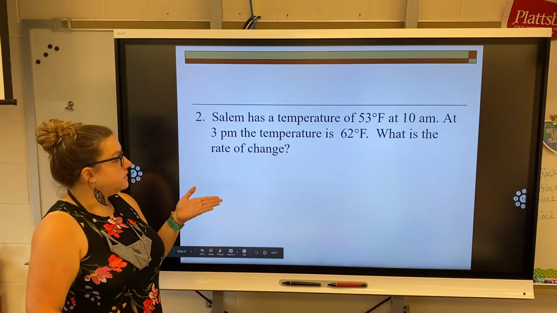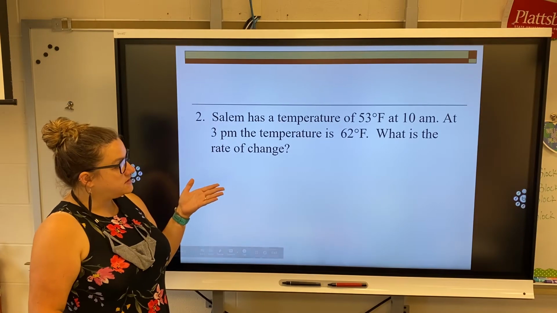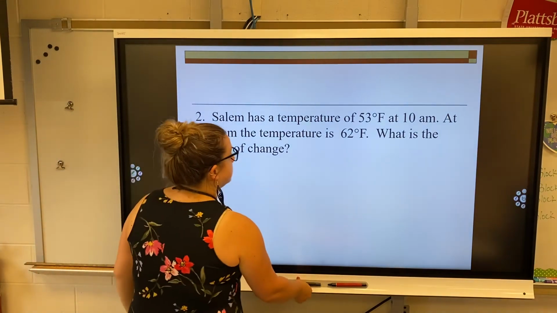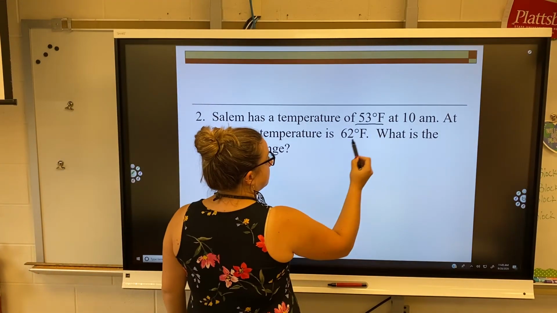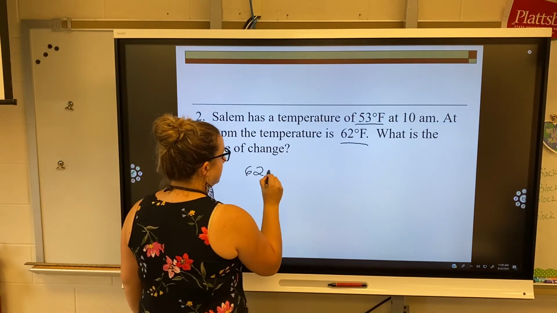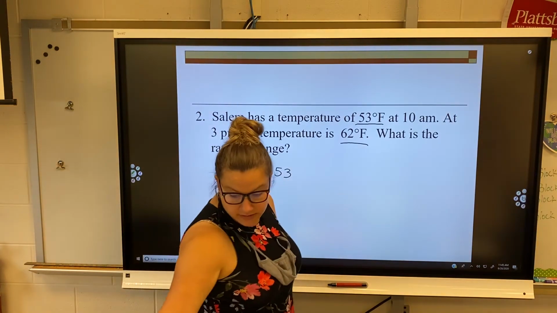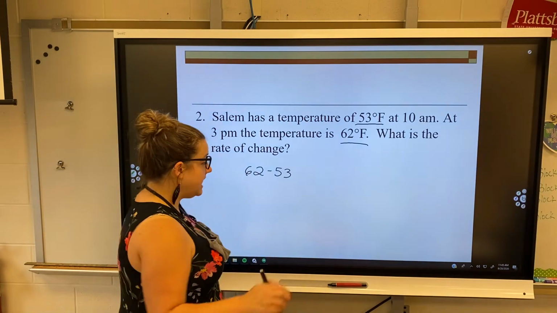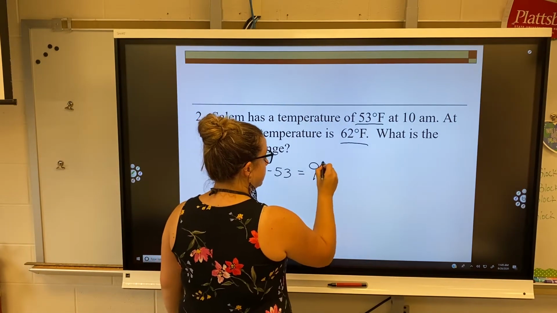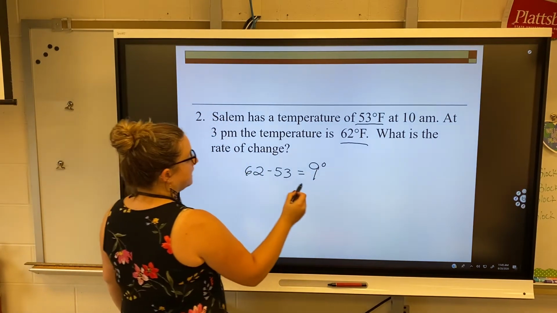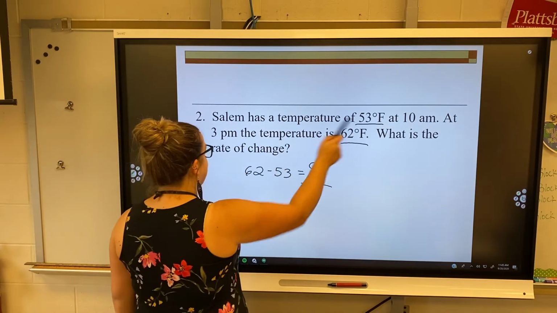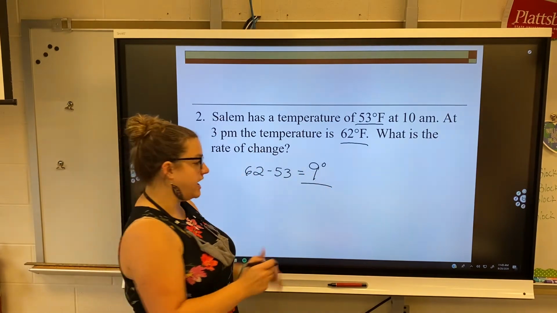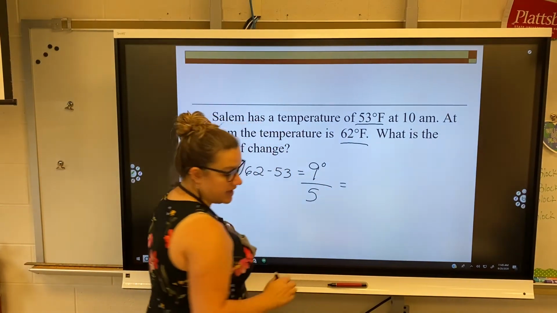So for example, with this one, Salem has a temperature of 53 degrees at 10 a.m. At 3 p.m. the temperature is 62. What is the rate of change? So I know that it was 53 and 62. So 62 minus 53, and I can't think on my feet right now because it is crazy hot in here. I get 9. So it was a 9-degree change divided by the amount of time it took. Well, it went from 10 a.m. to 3 p.m. So 10 to 11, 11 to 12, 12 to 1, 1 to 2, 2 to 3. It took 5 hours. So 9 divided by 5